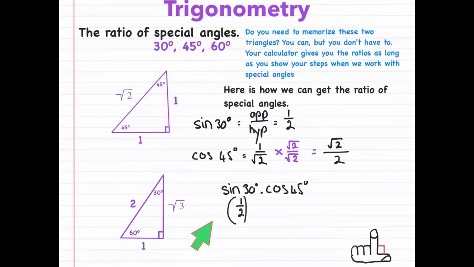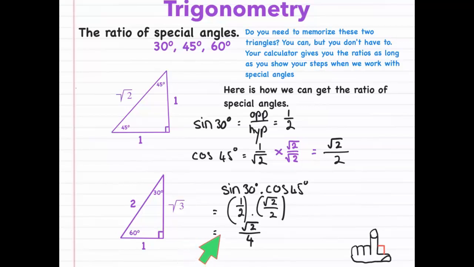So put that in brackets and multiply with the cosine of 45 degrees, which is on my calculator square root 2 over 2. So multiply it with square root 2 over 2. And now you can just multiply those two with one another. So I'm showing my steps. So this will be square root 2 over 4. Okay, because when we multiply 1 times square root 2 is square root 2, 2 times 2 is 4, and